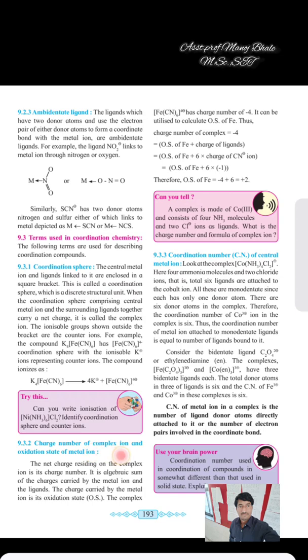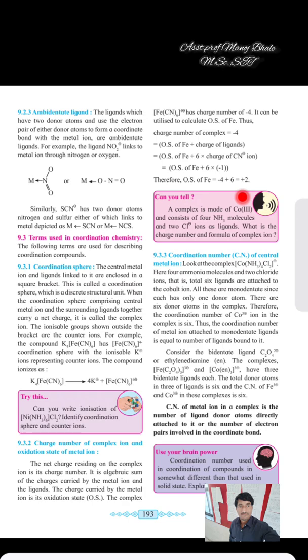Next, we also covered the charge on the complex ion and the oxidation state of the metal. This is one of the examples we saw in the last lecture: Fe surrounded by 6 cyanide, and we calculated the oxidation state of the Fe in the given complex. Let's take another example in the determination of the oxidation state.